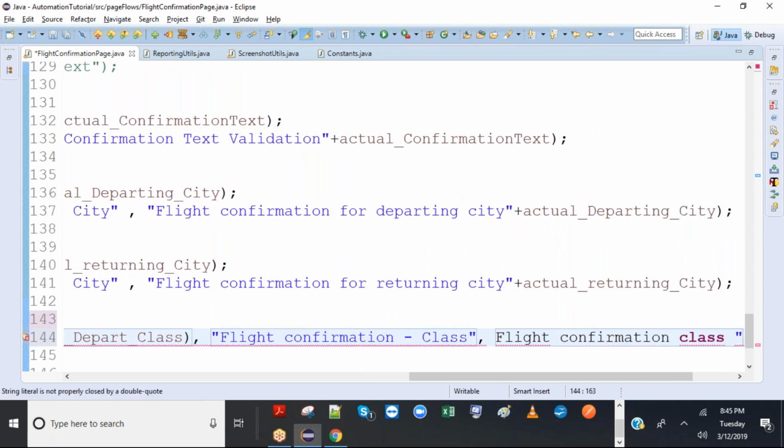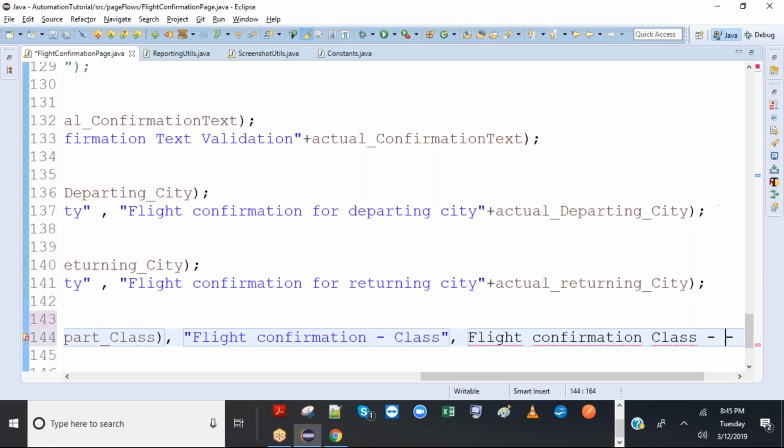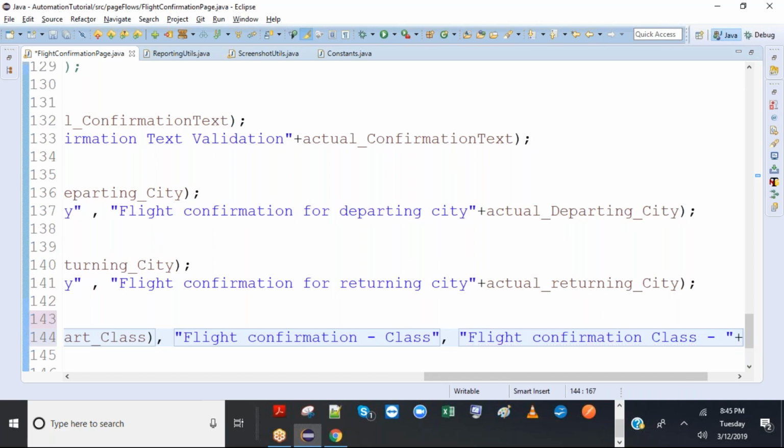You cannot use the word class, but you can use capital C. Small class is actually a reserved keyword. So that would be plus actual.